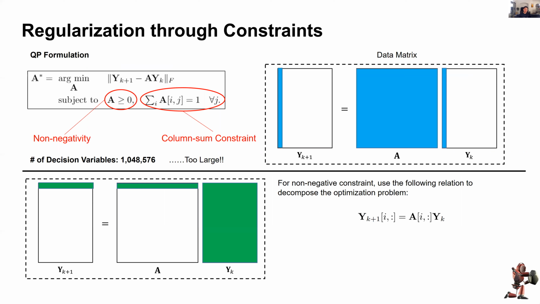And it's also straightforward to put in some kind of regularization conditions through constraints. So, for example, I could force my A matrix to be non-negative, and that's sort of encoding my prior that since both my images are non-negative, my matrix should be non-negative as well. If I wanted to have a more mass conservation sort of prior, then a column sum constraint is